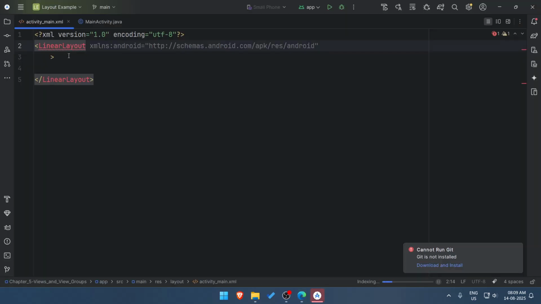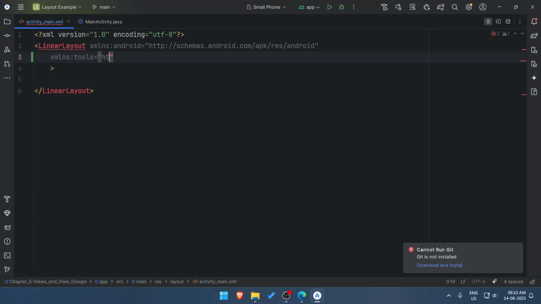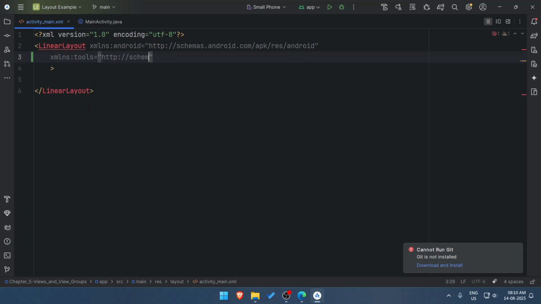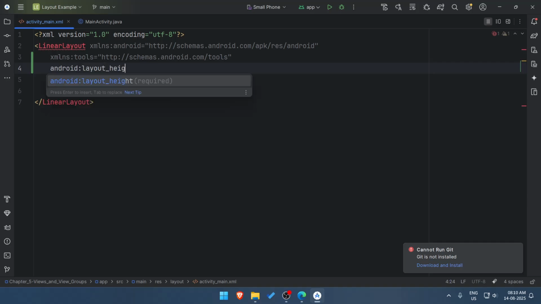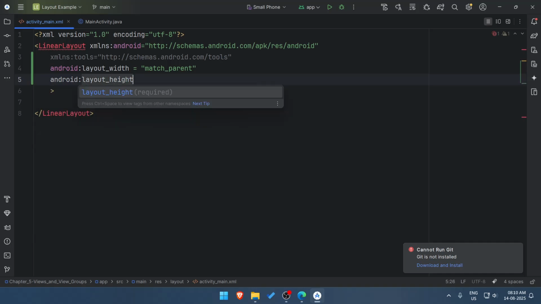Then we go with xmlns:tools. Okay, so you find tools on http schemas dot android.com/tools, and I think we can provide a layout width of, let's say, match parent, and then in Android layout height, which is match parent,